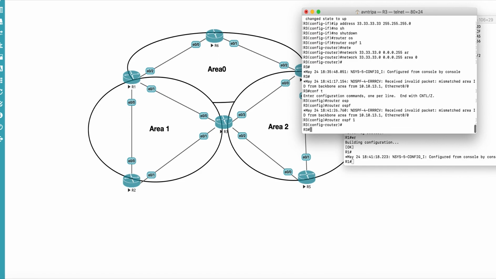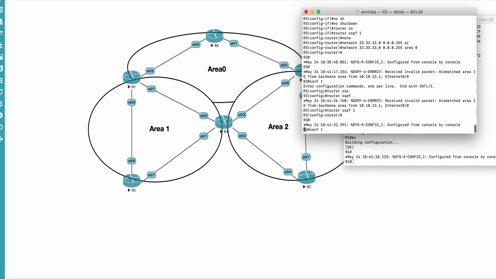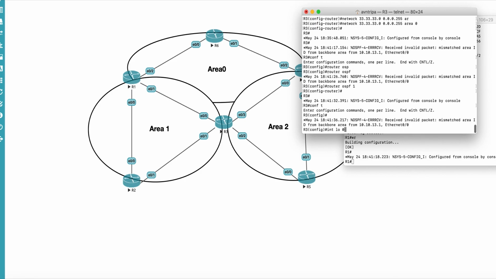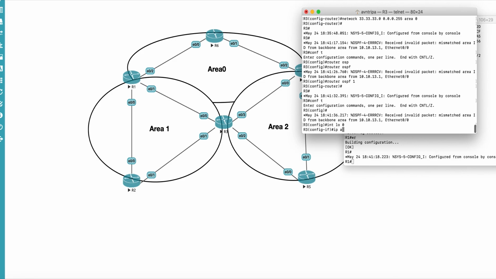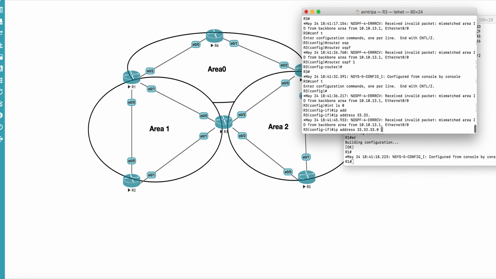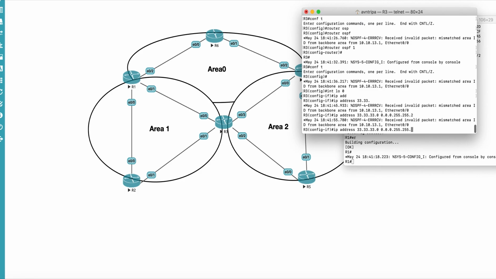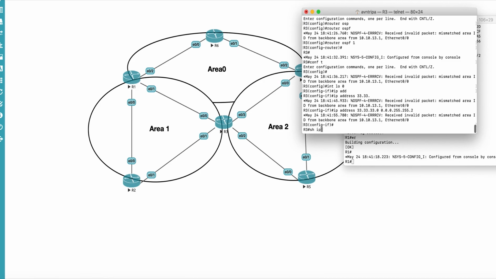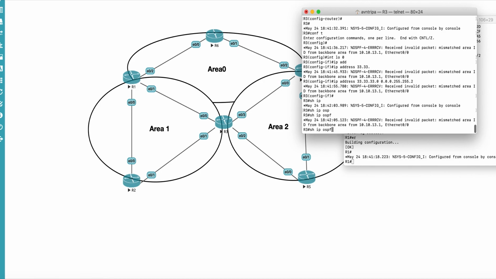Before that, let's first create a loopback. I do not have any loopback, so let's create one here, so that we can remove it later if required. Oh, I think we have already created an interface. Let me check, show ip interface.